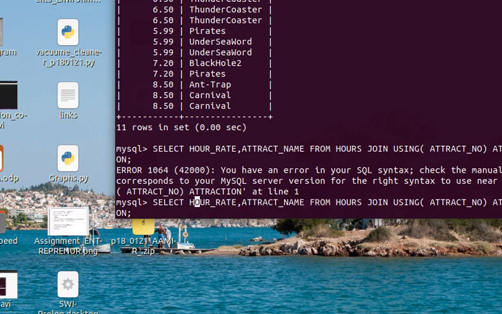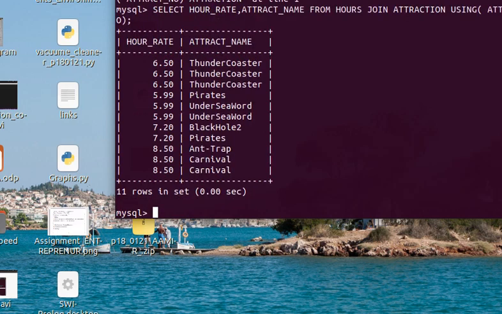So select attract number from hours join attraction. So join attraction using attract number.